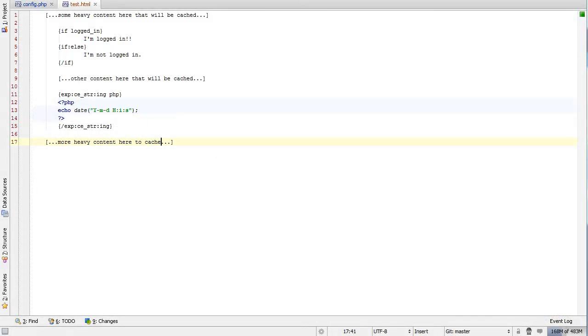Now that we've seen some results, let's talk about how to use CE Cache. To keep things simple, we're going to use a really stripped down template and a lot of imagination. Let's pretend that these areas of the template that say "some heavy content here" are process intensive areas like embeds